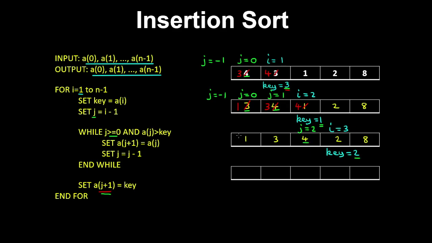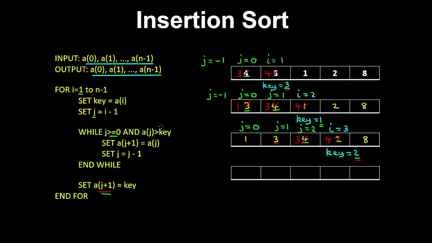So we set the element at j plus 1 to be the element at j. And j gets decremented, and j is greater than or equal to 0, and the element at index j is again greater than the key. So we set the element at j plus 1 to be equal to the element at j. And then again j is decremented,